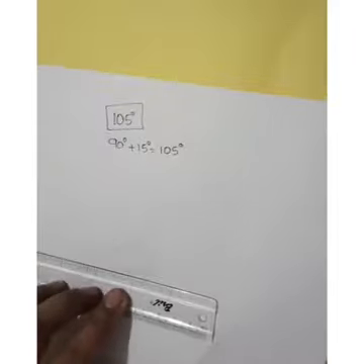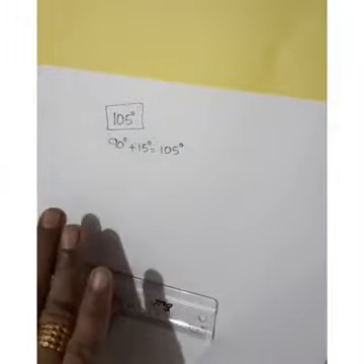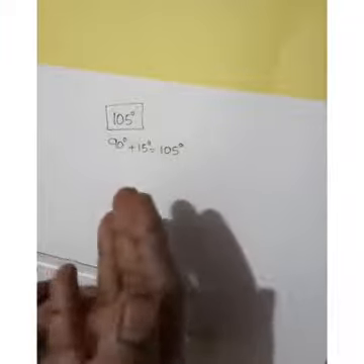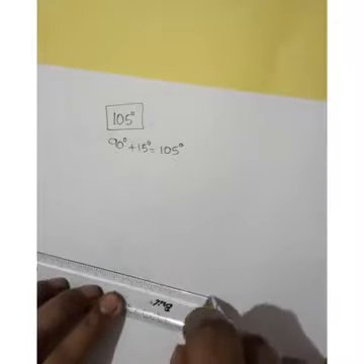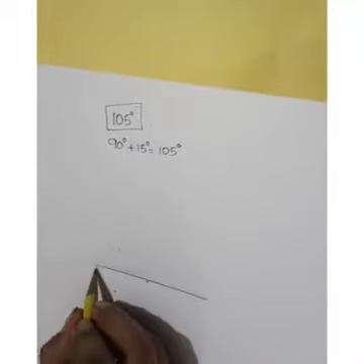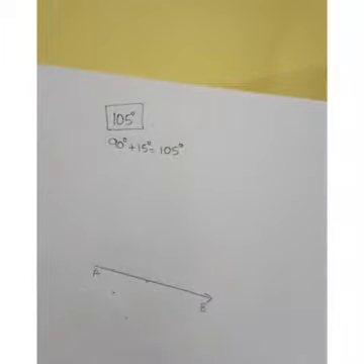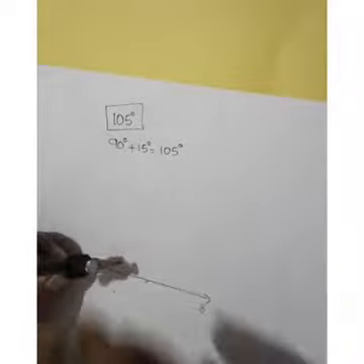Now 105 degree. 105 degree can split as 90 plus 15 degree. So first step you have to construct 90 degree. Then after 90 you have to construct a 15 degree. So for doing that, 90 plus 30 first you have to construct. That is 120 we want to construct. 90 as well as 120 both we want to construct. So that construction we have to do first, for constructing 90 as well as 120 first.